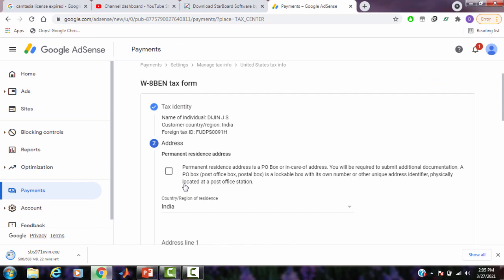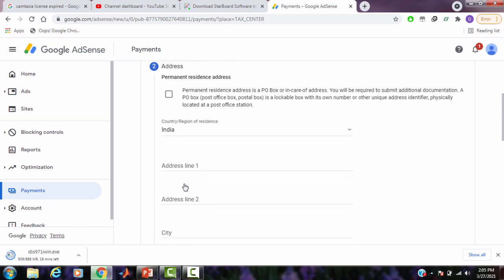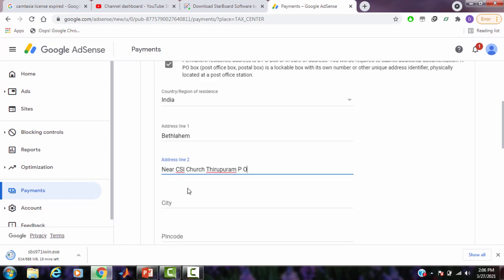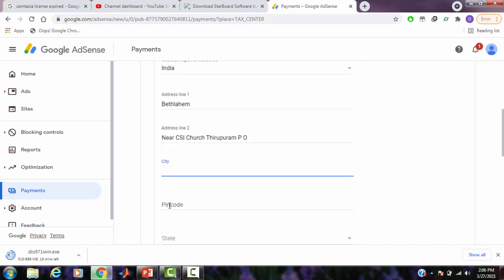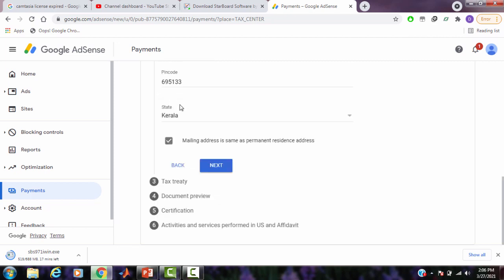Next is about adding your permanent residence address. You can fill your address there. Tick the box and fill all the relevant details about your address, your city, PIN code, state and everything. Now they will ask about the mailing address.